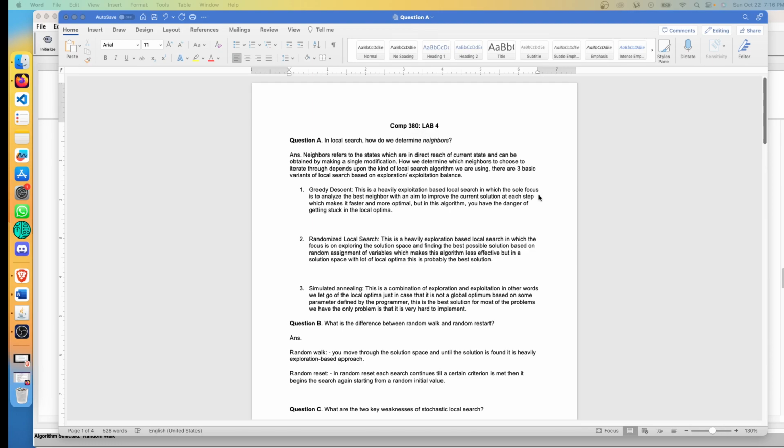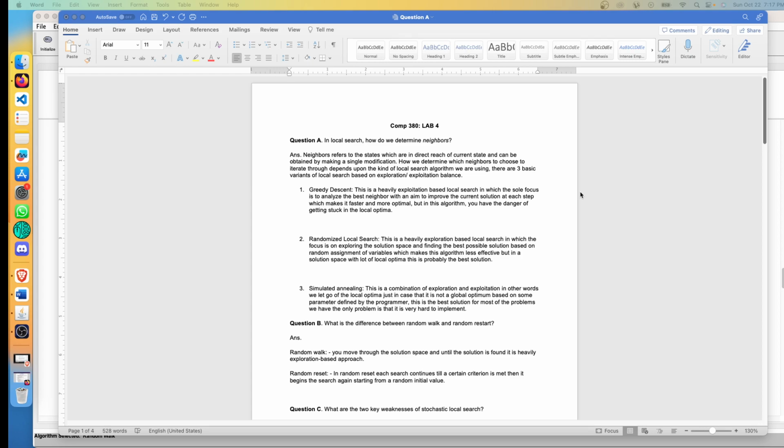So, first of all, in local search, how do we determine neighbors? Neighbors refers to states which are in direct reach of the current state and can be obtained by making a single modification. There are three types of basic local search algorithms, and we determine neighbors in all of them differently. The first one is greedy descent, which is highly based on exploitation. In this, we determine the best neighbor by solely focusing on exploitation, and we analyze the most optimum neighbor and